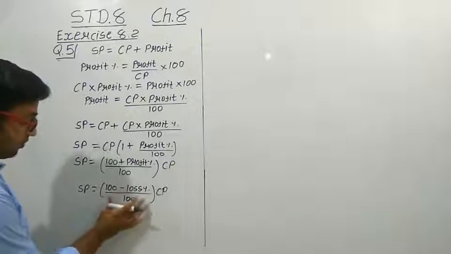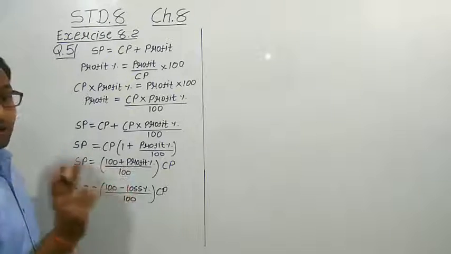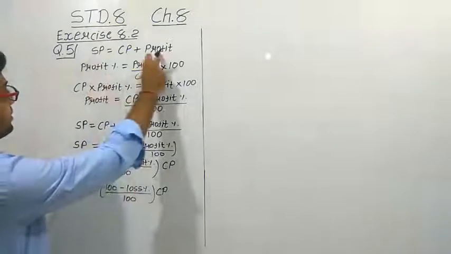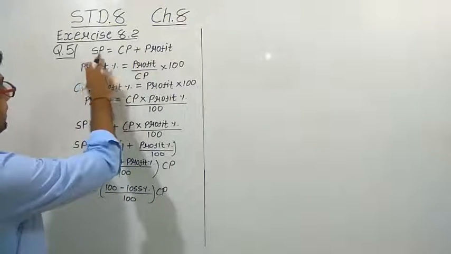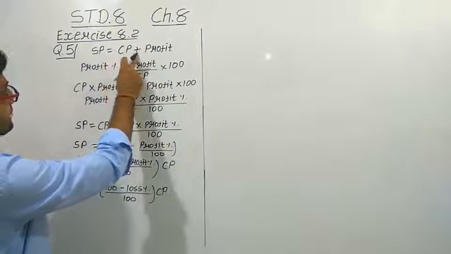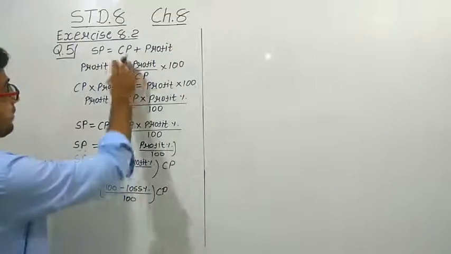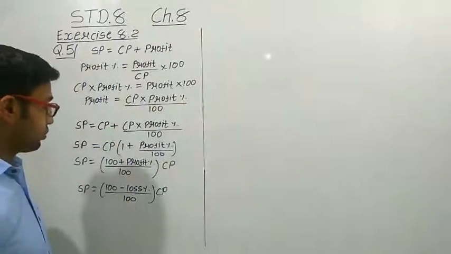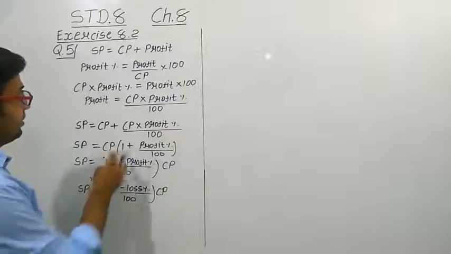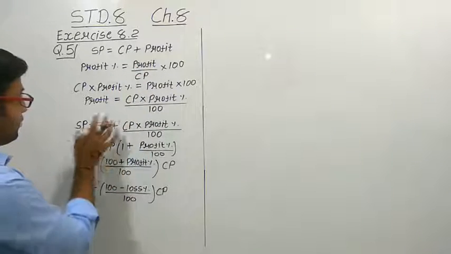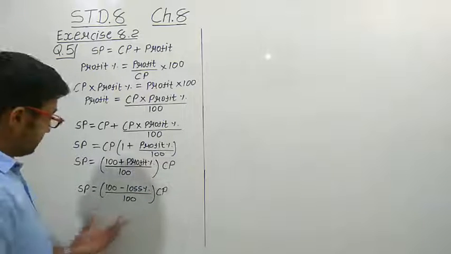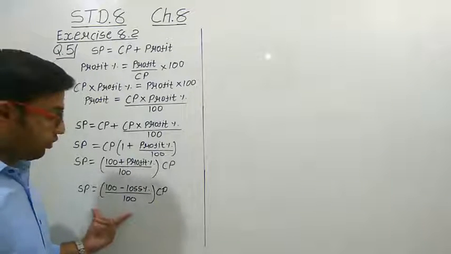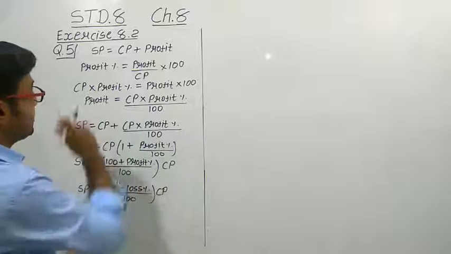Why is this minus there? You can do that by yourself. Whenever there is a loss, the selling price will become equal to cost price minus loss. So here we get cost price minus loss, right? And when we put the same thing in this formula, you get the minus loss percentage. So this thing you can derive by yourself. Try it. Now let us study question number 5.